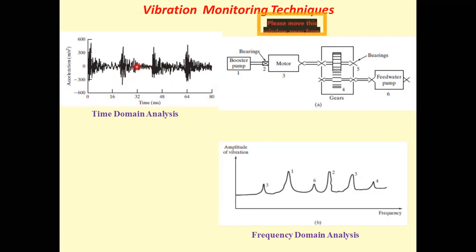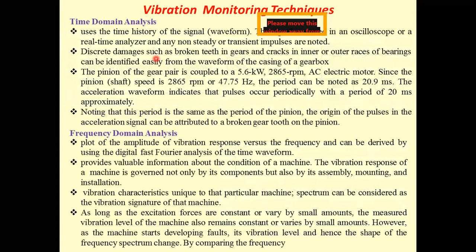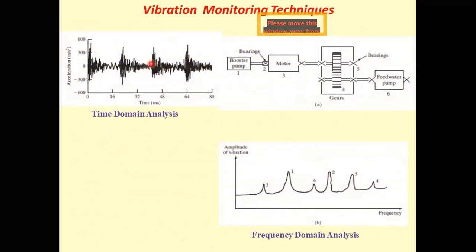So in such cases, there are various indices such as peak level, root mean square (RMS) level, or crest factor. These are used to identify the damage for machine condition monitoring. Since the peak level occurs only once, it is not a statistical quantity, hence it is not a reliable index to detect the damage. So that is the first, peak level.